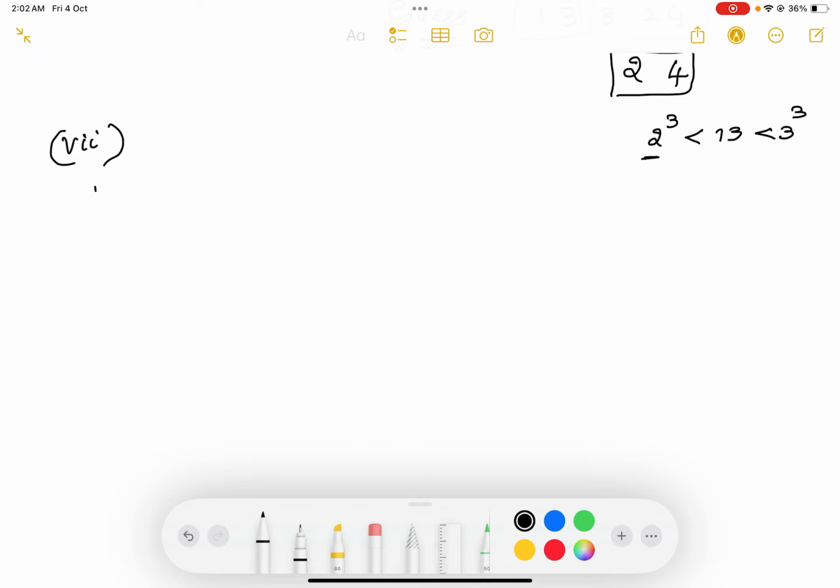Now let us go to the 7th one, 110592. That is 1,10,592. So now for this, the first guess is 2. So 2 in the cube root means what should be the cube root here? 8 it should be. Yes.